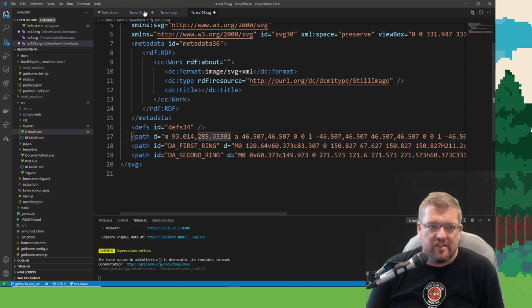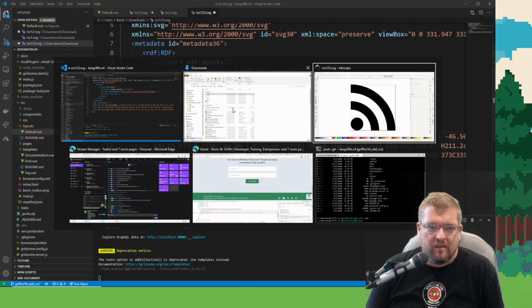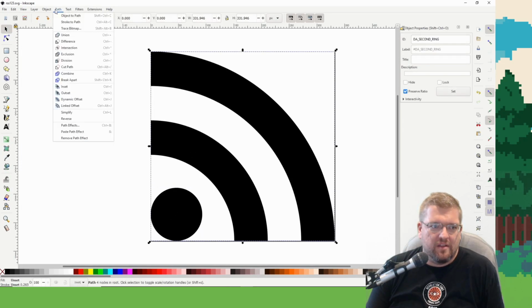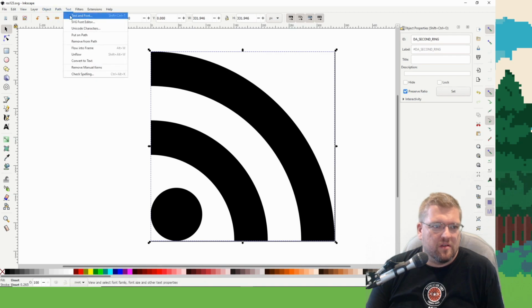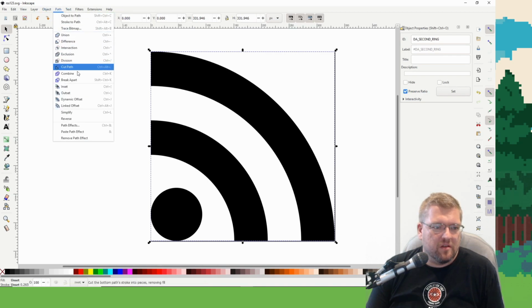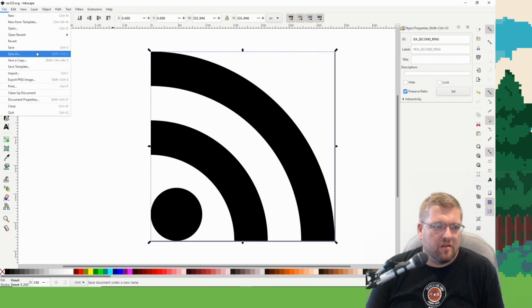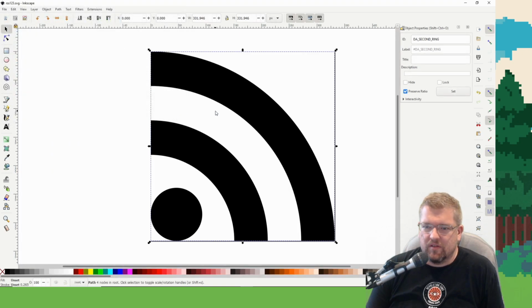I feel like that's not changing anything. Well, how do you combine paths? Can you combine paths? All right, there are no options.